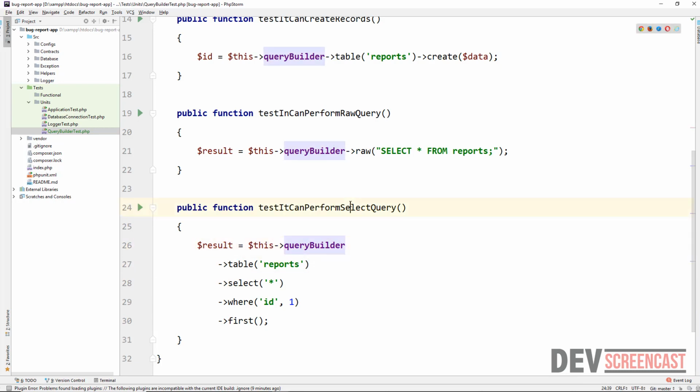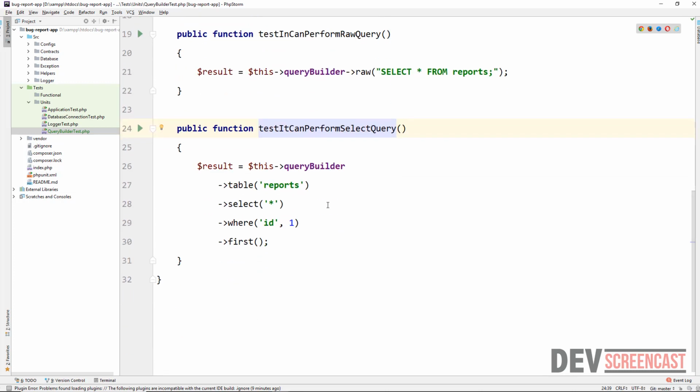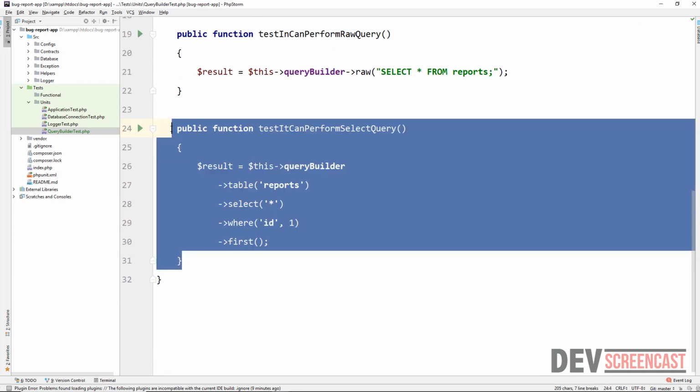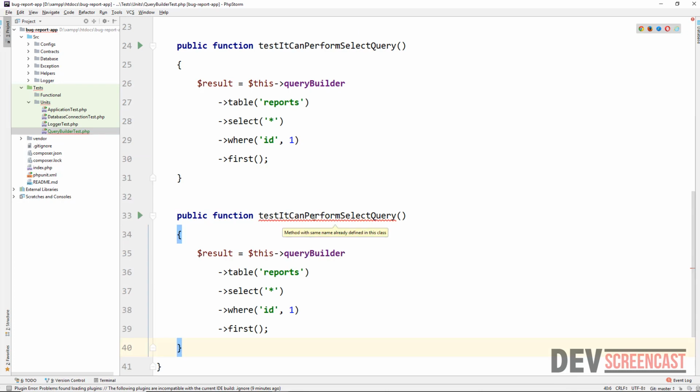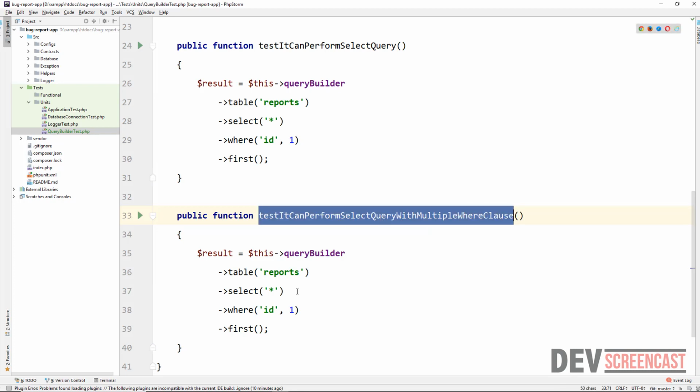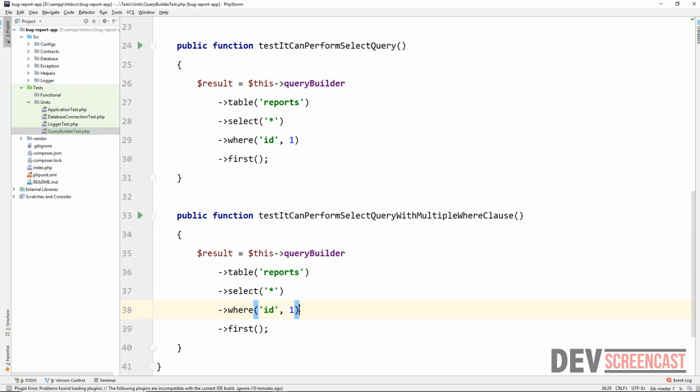Okay, so what about the situation where we want to select with different conditions? Okay, so I'm going to grab this and then put here: test can perform select query with multiple where clause. Multiple where clause. Okay, so what that means is that here I could have another where clause. I could say where, and then I could specify something else. Let's say the report type. So let's say report underscore type is equal to,